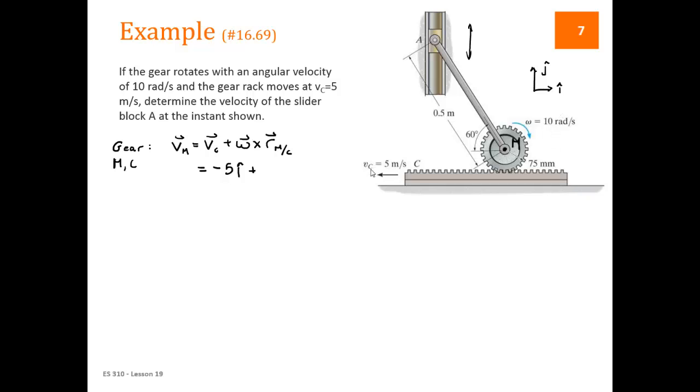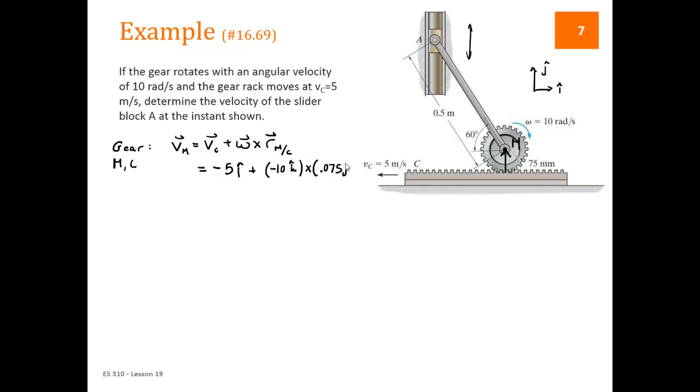We talked about that from our right hand rule. So negative 10 K hat crossed with R of M, the position of M as measured from C, so that is this distance going up, so it's going to be positive, and the radius is 75 millimeters, so